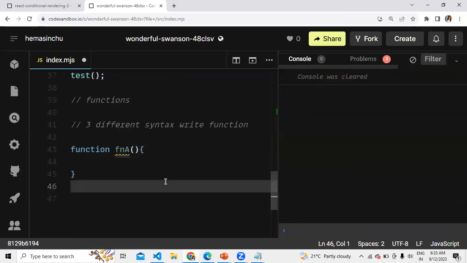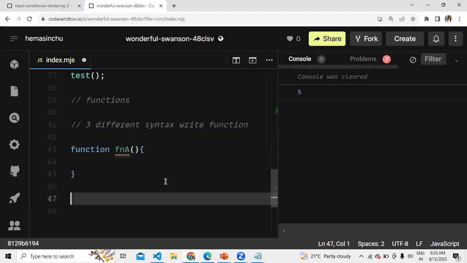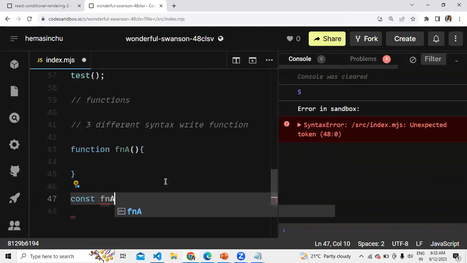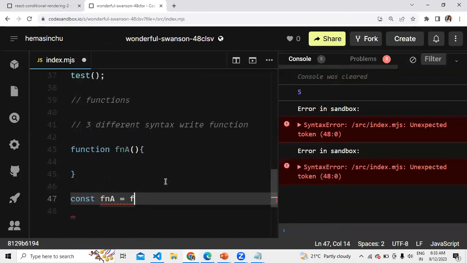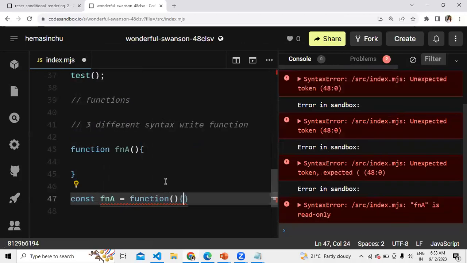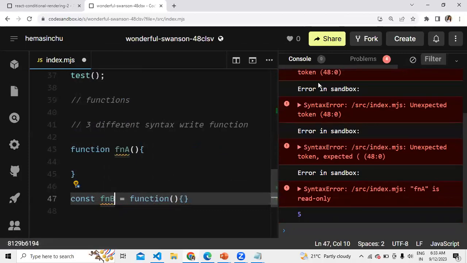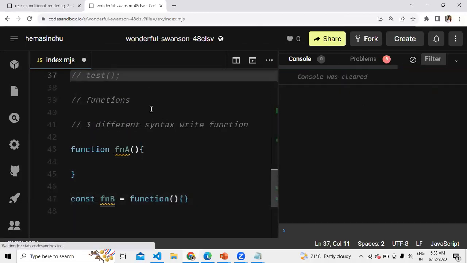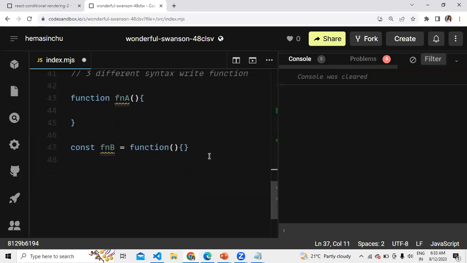Now let's write the same function A using the function expression syntax. Since it is already defined, let me call it function B. I don't want to pollute my console, so let's see this.